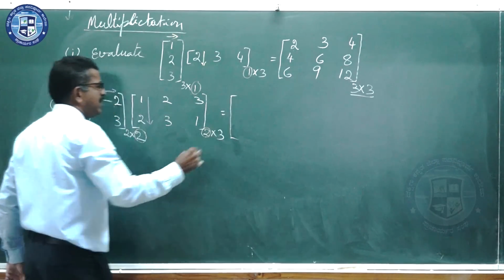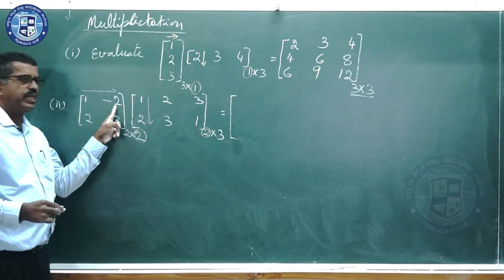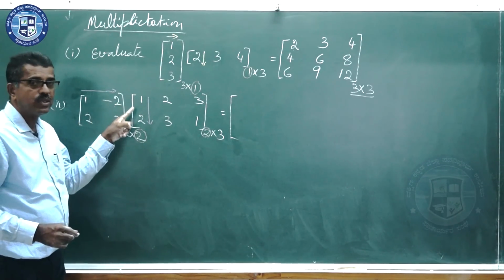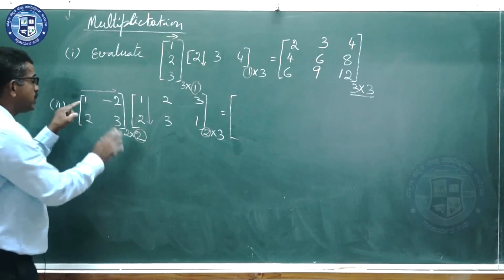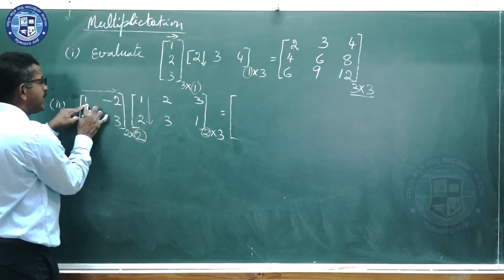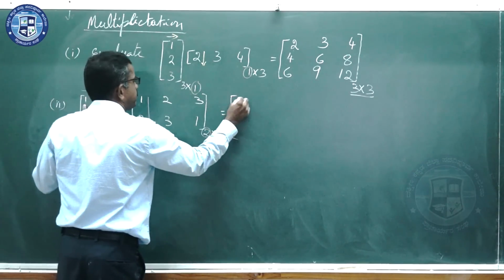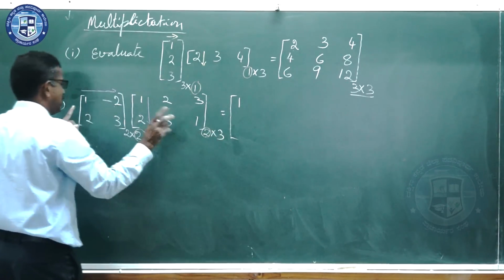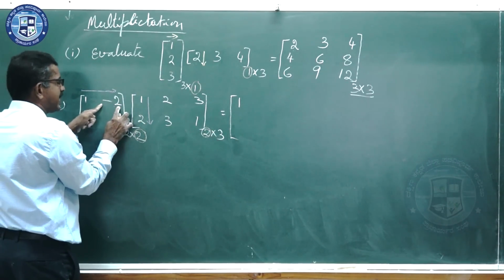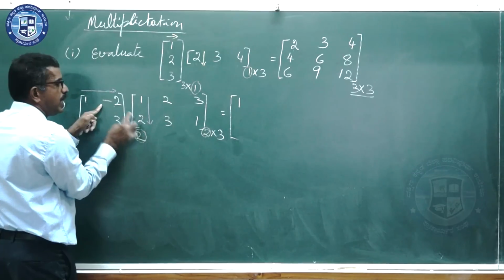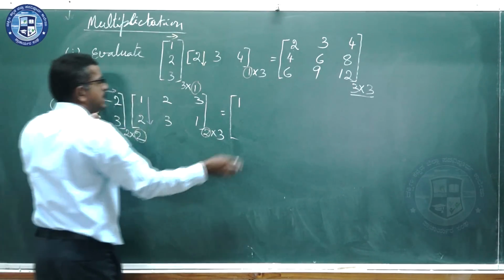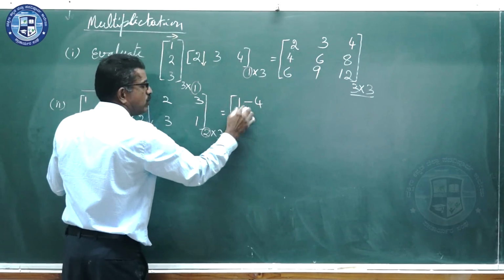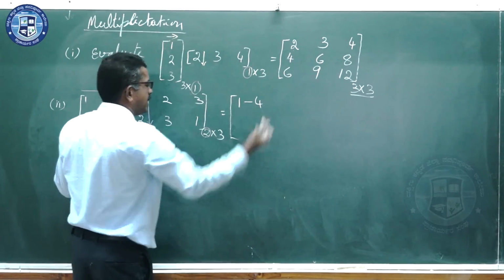Now just here, take a little care. First row here has two elements, 1 and minus 2. And first column has two elements, 1 and 2. We have to multiply element-wise, means 1 has to be multiplied with 1, so it gives you 1. I need not write 1 cross 1. Does everyone understand? Here minus 2 is the second element, has to be multiplied with plus 2. It is minus 2 into plus 2, it is minus 4. So these are the products and we need to add them. So what is 1 minus 4? That has to be done later.